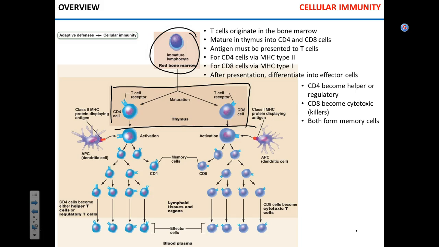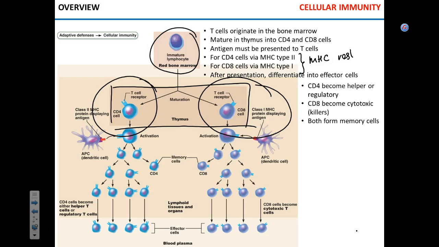We're going to talk about maturation in the thymus. In the thymus, they mature and split into two big populations: the CD4 cells and the CD8 cells. These cells show so-called MHC restriction. I'm going to write it down. MHC restriction,